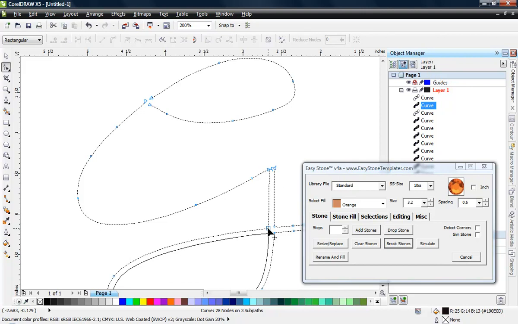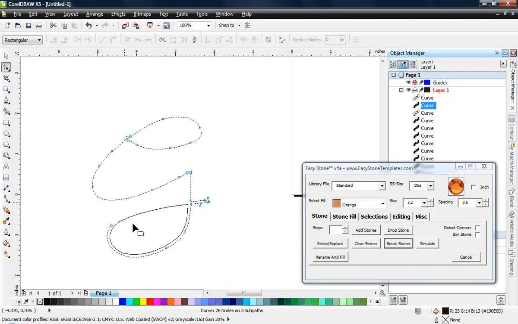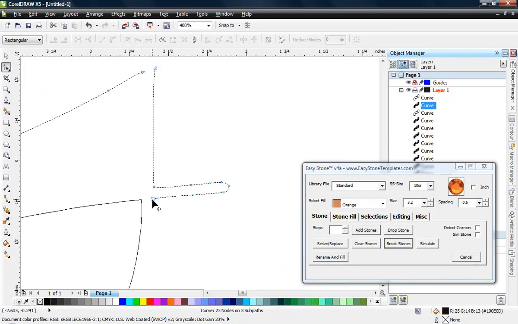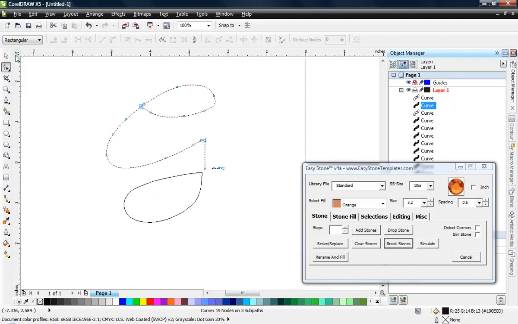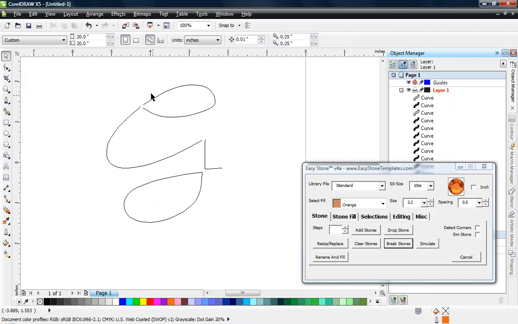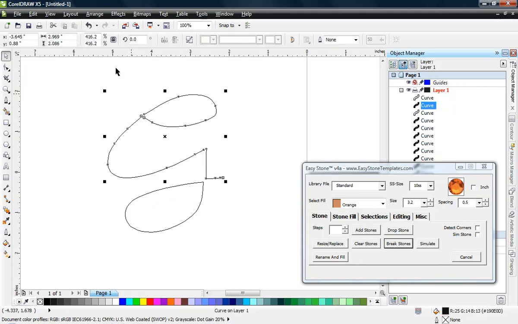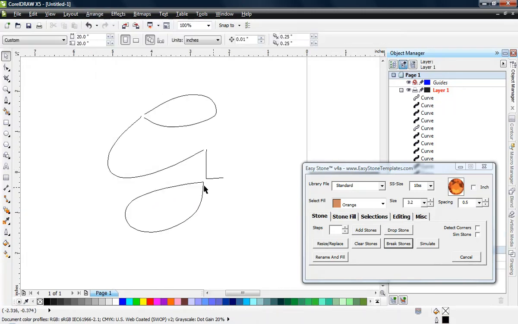And then right here I'm going to choose break apart, and we're going to come around, get rid of all of this, and we'll get rid of that little tail part there. Okay, so now we have something that looks like that. It doesn't look like much right now, but I'm going to come in here and break it apart, and then